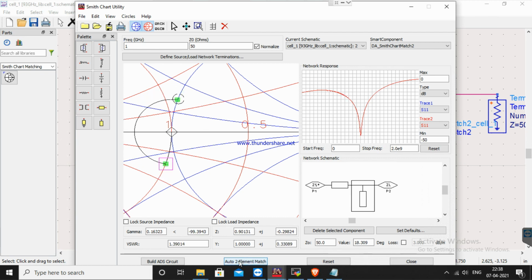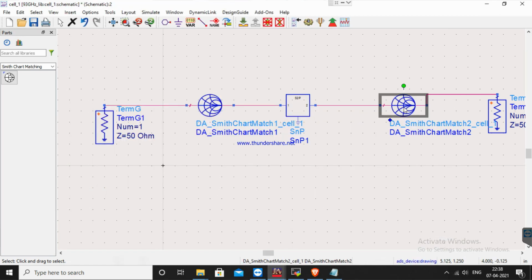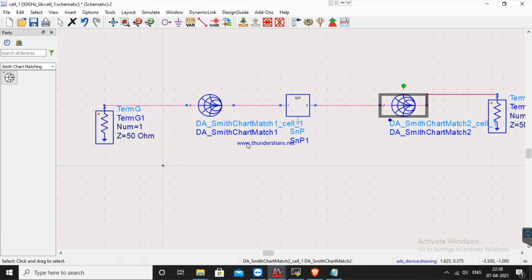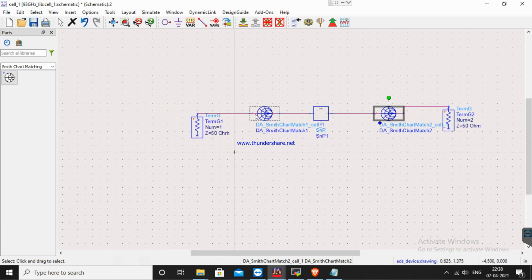So after that what we'll do, we'll click on build ADS circuit, and it got embedded here, and if you want to see it, click it here and pop down and you can see it, and then pop up to the main circuit. So we have already done with our matching part, input and output part,